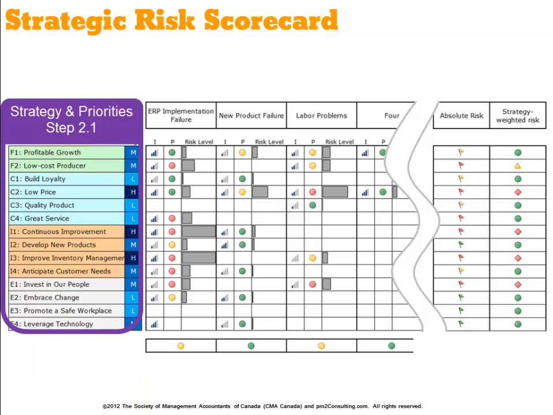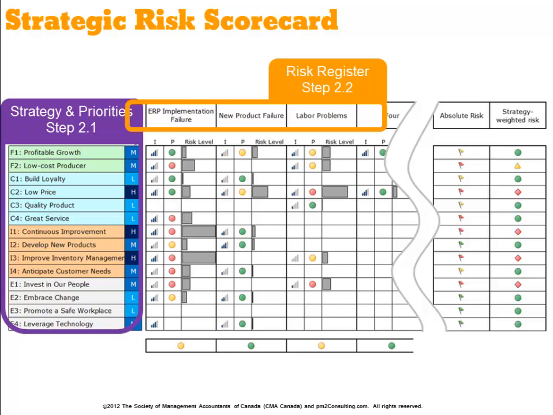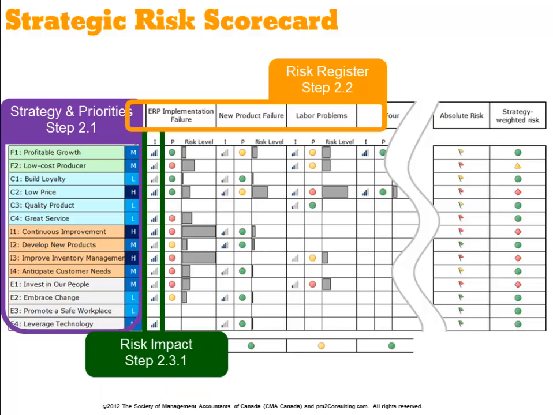We'll be developing the strategy map, including the strategic objectives and priorities, in Step 2.1. In Step 2.2, we'll help you develop a risk register if you don't have one already. In Step